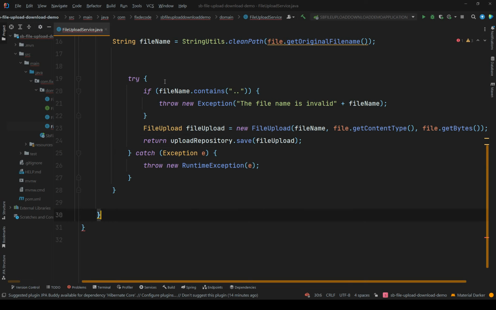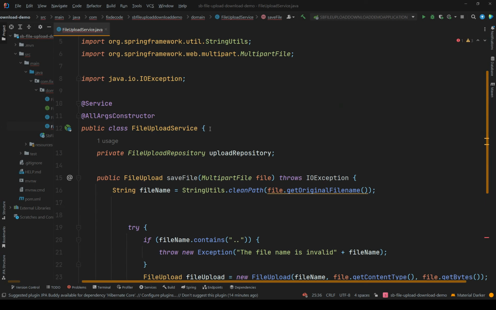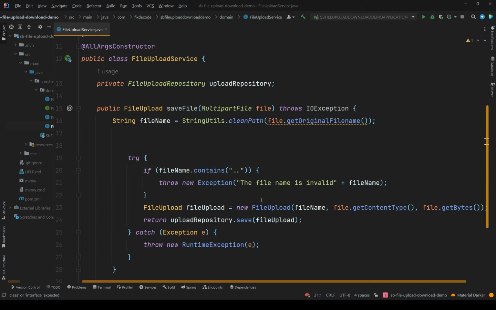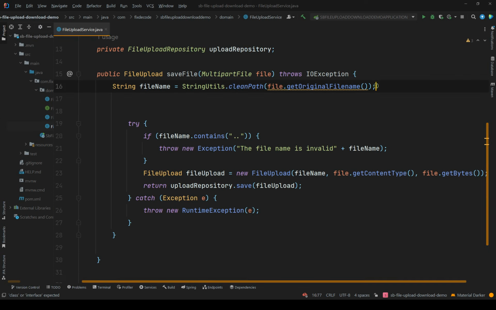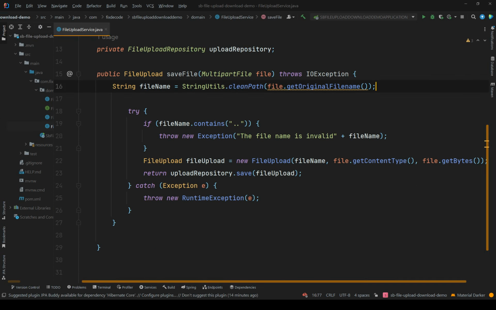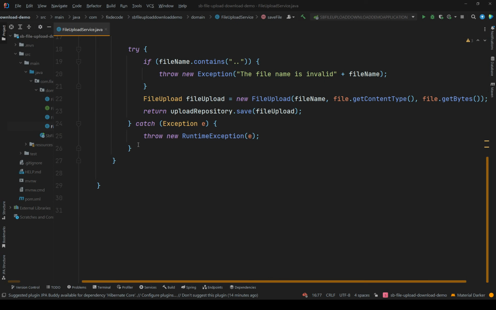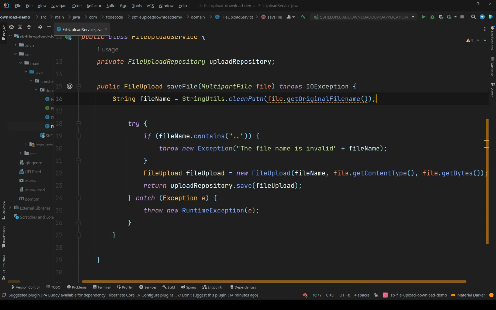Okay, so we have this, and we have this. Okay, so we're going to remove one curly brace from here. Okay, cool. Now I'm just going to close this gap a little bit here. All right, so now we are done with the upload file method, the method that actually saves this file